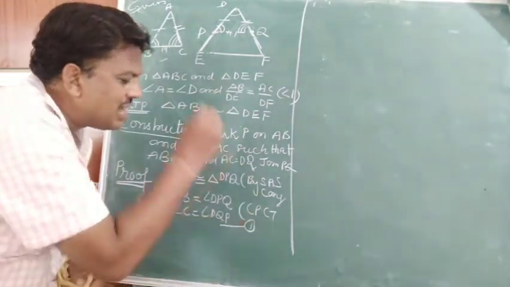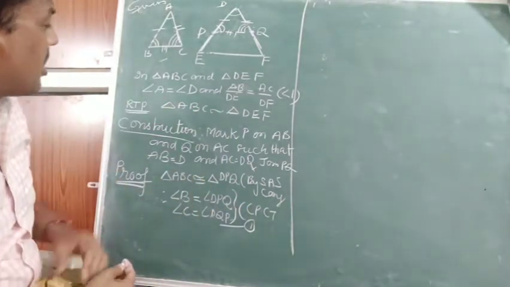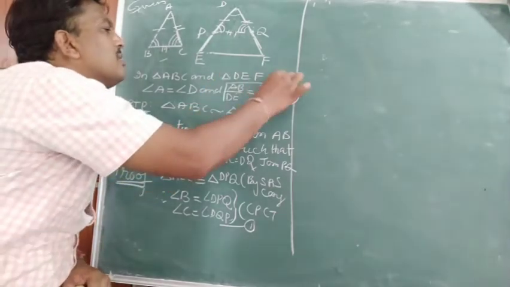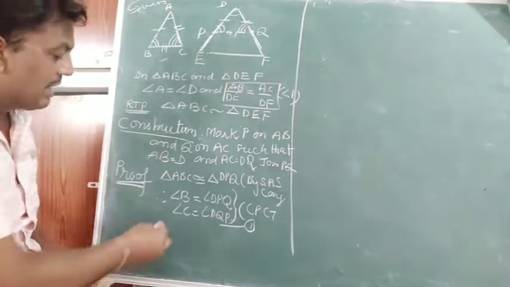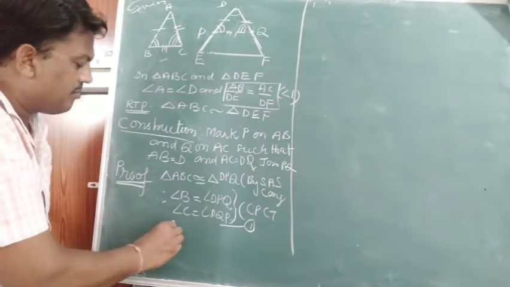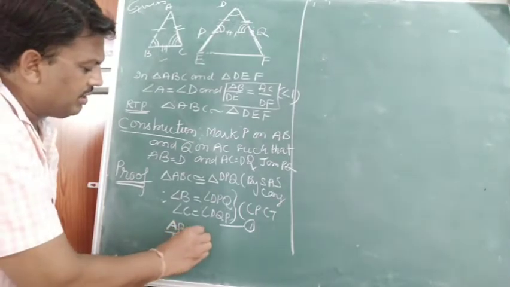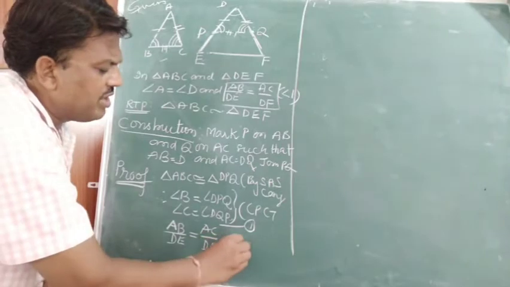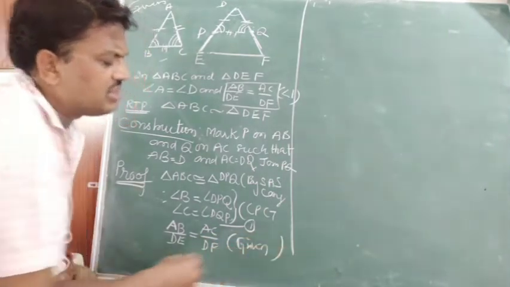Let's take it number 1. Okay, children, after that there is no other option. Something is given that we did not use till now. This is given, the side concept, ratio of corresponding sides. Let's take that AB by DE is equal to AC upon DF. From where did it come? It was given in the theorem.